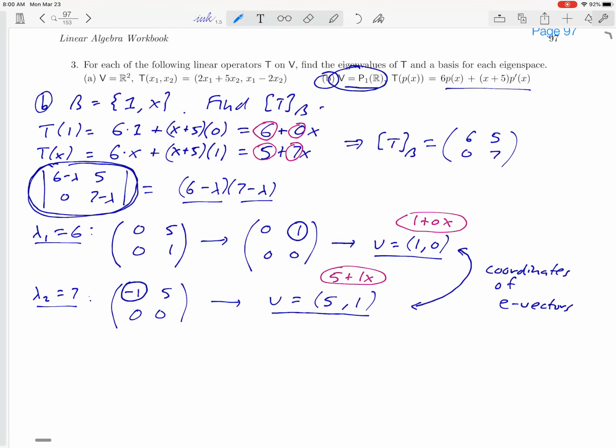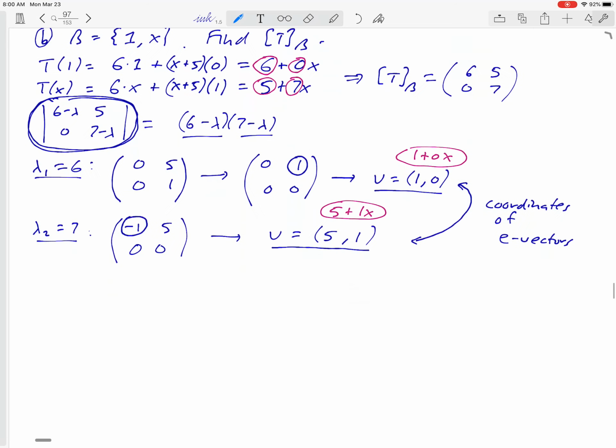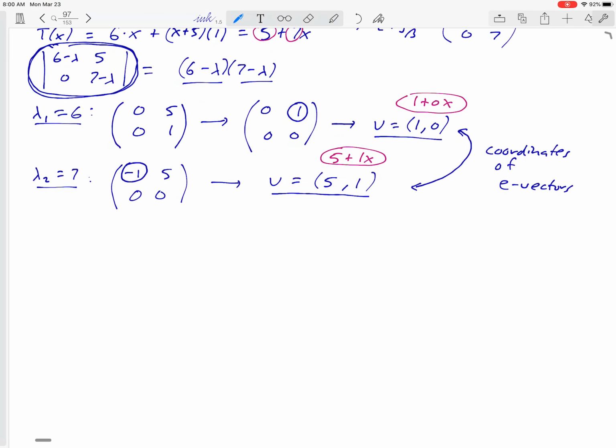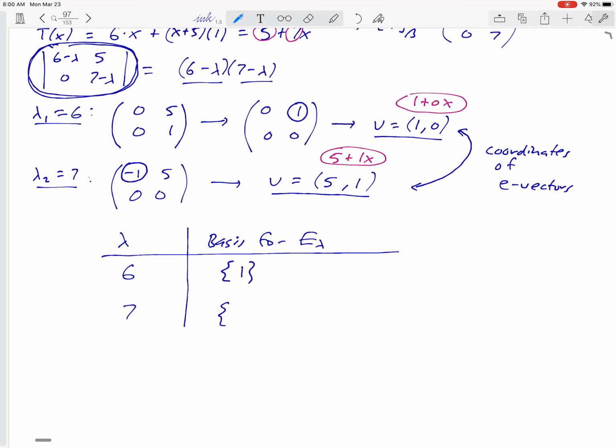Those are our real eigenvectors in this problem. All right, and so we can go and state our final answer as follows here. Scroll up a little bit. We'll make our table. In this case, we've got two eigenvalues. One of them was 6 and one of them was 7. And for 6, we came up with a basis for the eigenspace that looked like 1 plus 0x. Let's just write that as 1. And for 7, we came up with a basis that looks like 5 plus 1x. Okay, and there's a nice summary of the